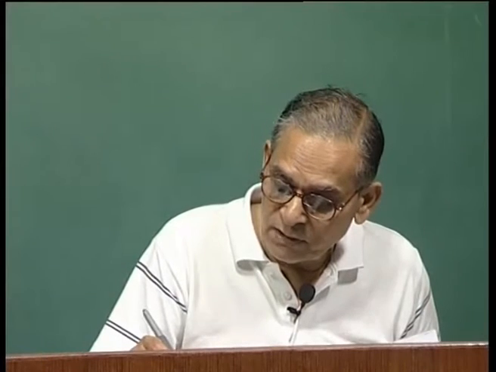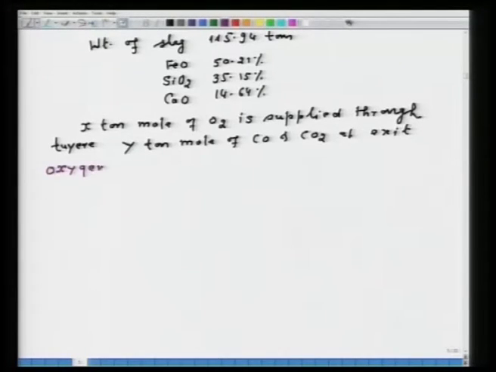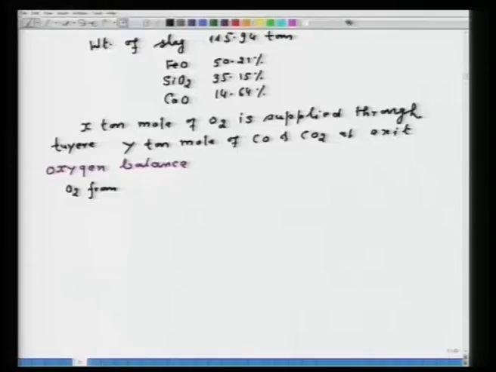Now, I have to do the oxygen balance. So, let us see, I will write the oxygen balance. Now, O2 from charge, because part of the O2 is also coming from the charge, from Fe2O3, from oxidation FeO and so on, whatever the PbO is there in the charge. So, oxygen is also coming. Accordingly, the oxygen which is blown through the tuyer will be lower, will be required less than what oxygen is contained in the charge. The system has its own oxygen. So, that point is to be clear. That is why I am taking oxygen from charge